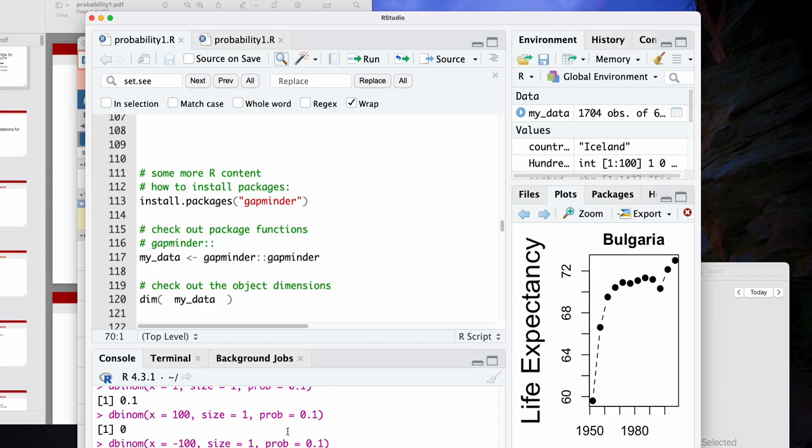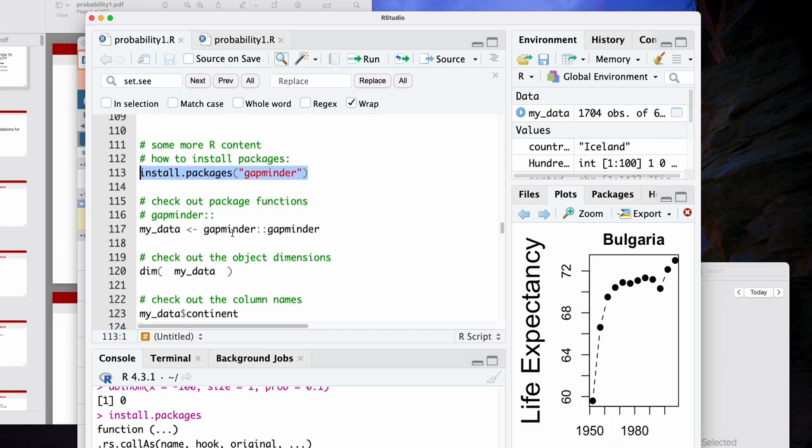We're going to talk about some things that maybe some of you haven't heard about either. So the first thing is just logistics in terms of how you download packages. install.packages is a function that will download a package which is defined using its name. So you basically say install package gapminder, and this is going to install a specific package for you. Any questions about packages? You can also use GitHub to download packages, but that's a more extended topic for another day.